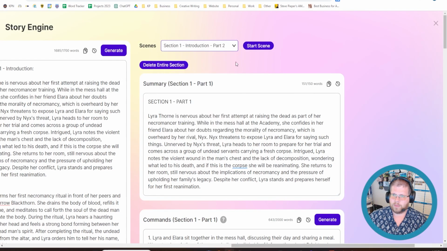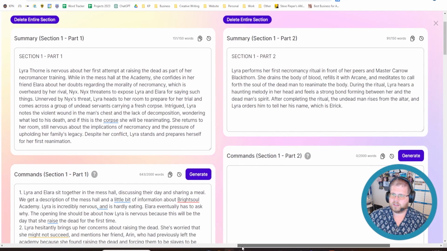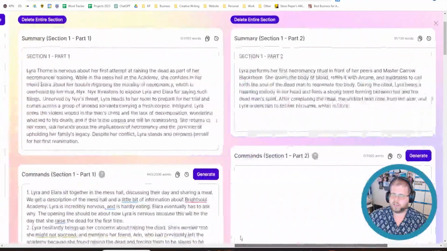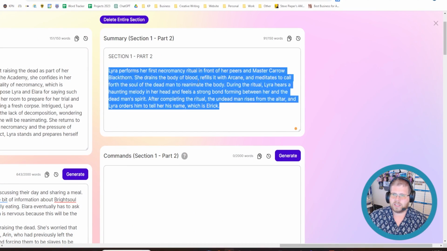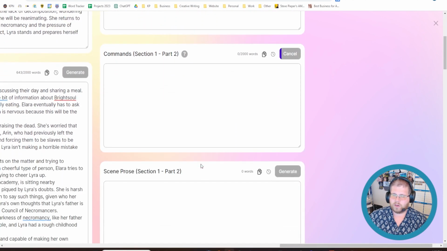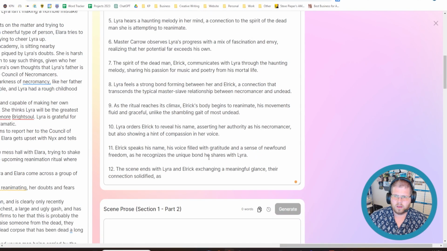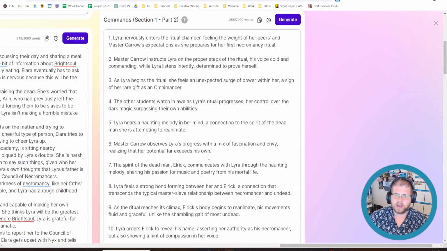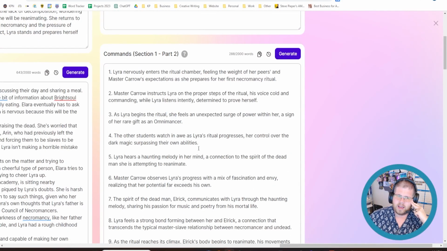So let's go ahead to part 2. This will be chapter 2. Hit start scene, and it takes us over to another thing which has the information we've got here. So this is the basic summary. If we want to expand this into our individual story beats, we hit generate and let that go for a minute. Okay, so it has now written these 12 story beats or commands, and it only used up almost 300 words